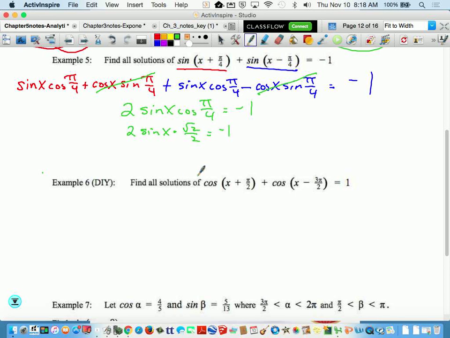Right now I am multiplying by 2 up front. I'm also multiplying by a root 2 over 2 at the end of the left hand side here. So if you're multiplying by 2 at the same time you're dividing by 2, what can you do? Those two you could get rid of. And once you get rid of these,